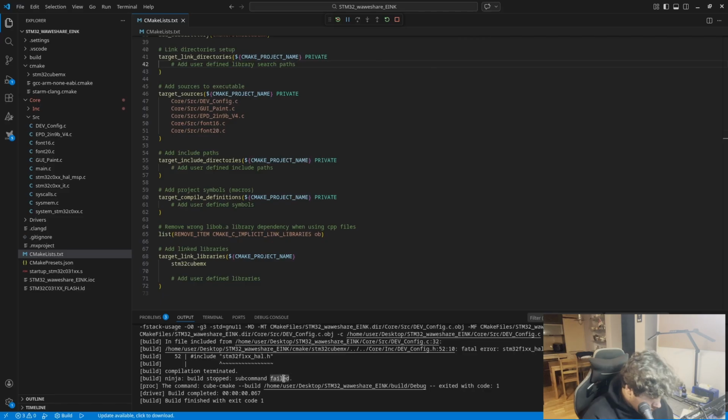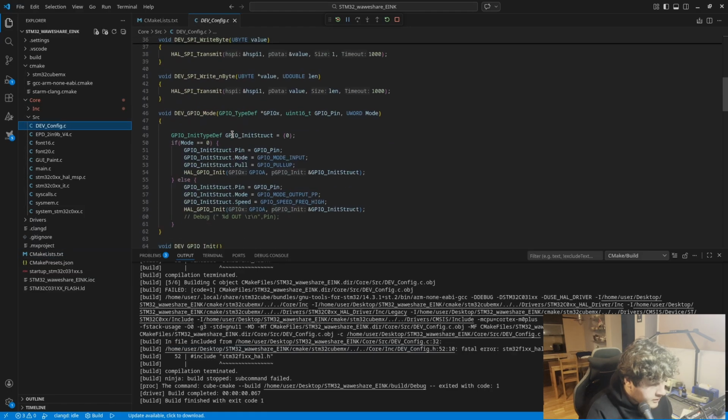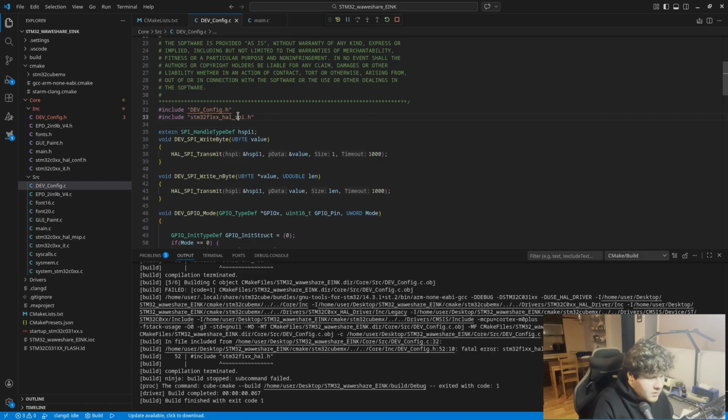Oh, it actually exits with code 1, but why? Yeah, we need to investigate what's the cause actually. I think I see. So let's go to this devconfig.c file. And okay, so here is our culprit, this line 33, because it includes the STM32 F1 series HAL library. Of course, we don't need such a library in our project. We can just delete this line, and we should include